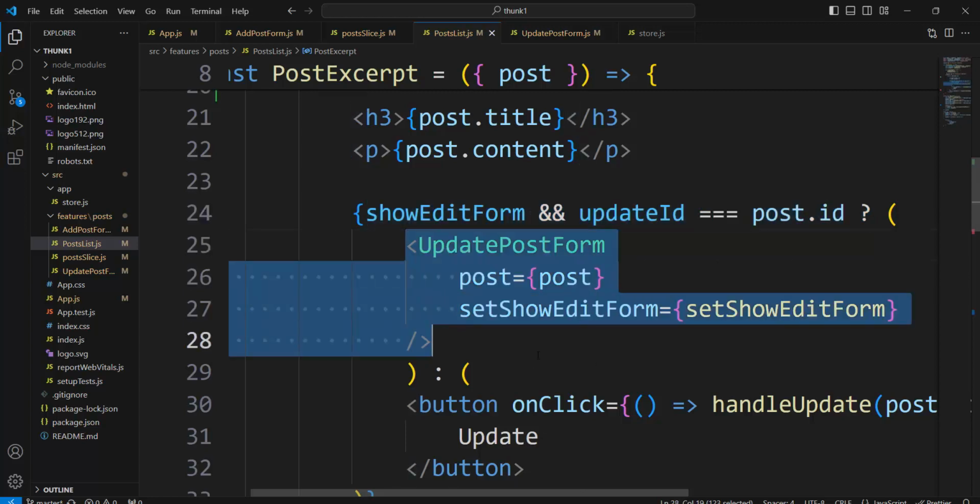And to that update post must go the post, like props. Update post is a child of post excerpt. It is a grandchild of post list. And that post would be visible in the update post form. It is the post that we want to edit. And set show edit form